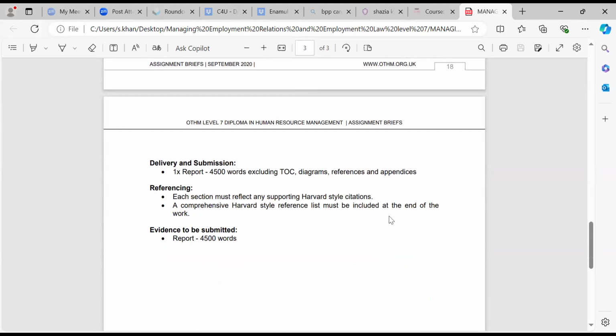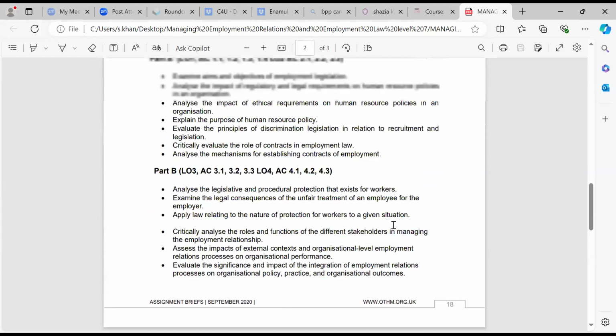Referencing, again, the main element that we use, the main site that we use is Harvard Referencing, again referring you to Neil's toolbox. For that, make sure you are using Neil's toolbox to help you, and at the end of the assignment, make sure you have a bibliography with the full references. And as I mentioned, 12 to 15 references just to be on the safe side.